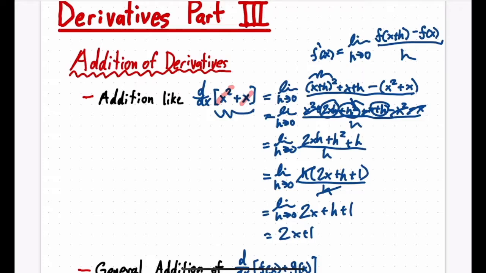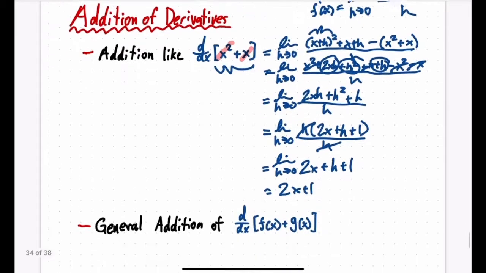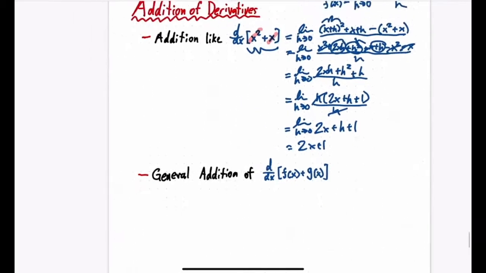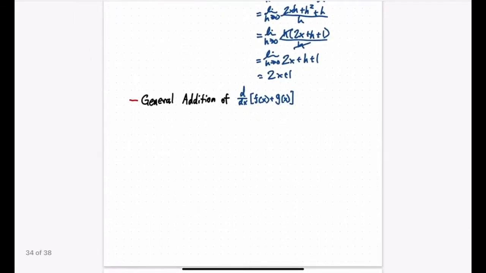Now, this is a very long and complicated process to get an answer, and it would be great if we could find some sort of way to just know instinctively what the answer to this derivative would be. So, let's see if we can use the same method, but come up with a rule that works for just any general addition of f of x and g of x. So, if we keep the same idea going forward,